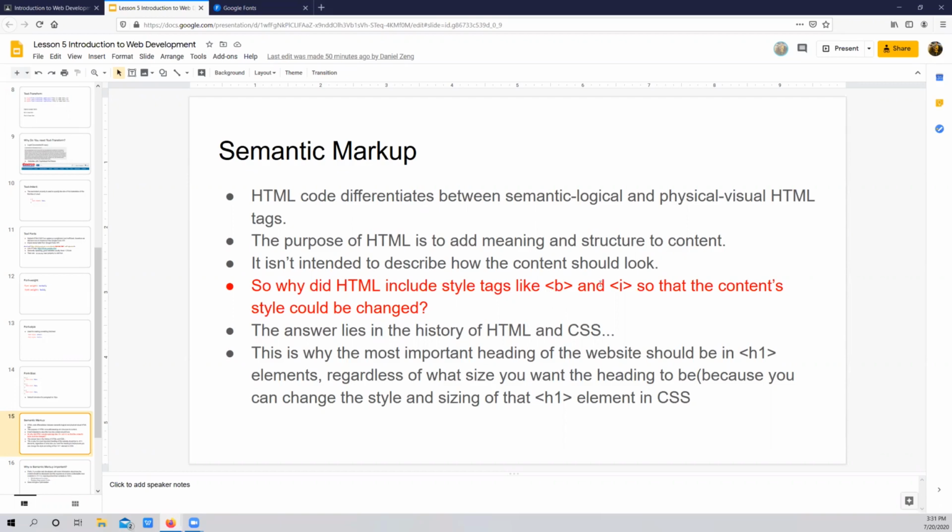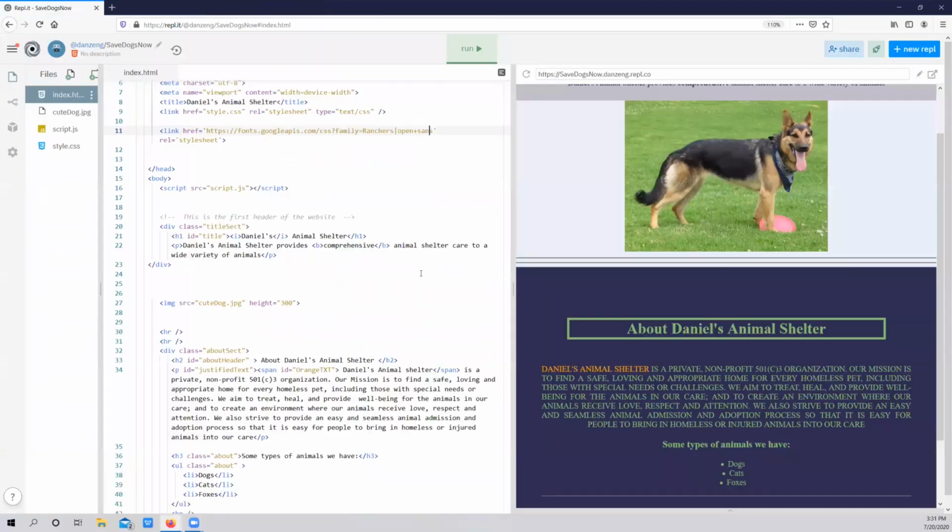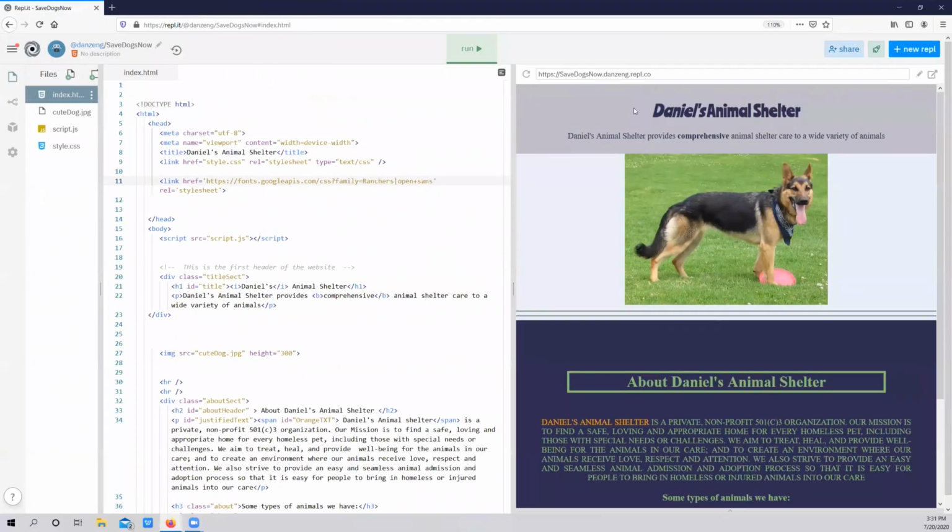You should not use the bold and italics elements in your code. In this example, I have this part italicized and this word bolded. I did that for demonstration purposes before, but now that we know we should follow the concept of semantic markup, we should change it so that instead of using italics and bold, we use font style and font weight. What we're going to do is change it to a span, and then